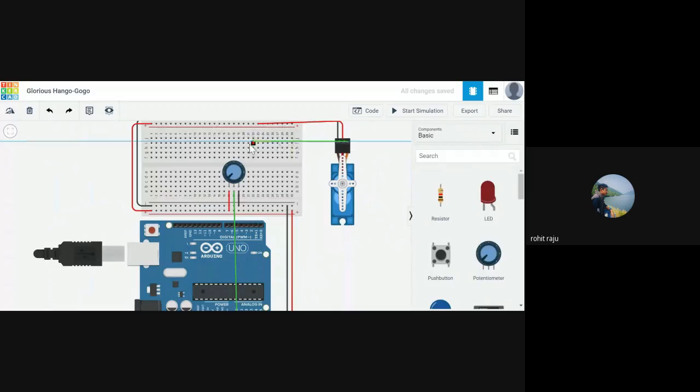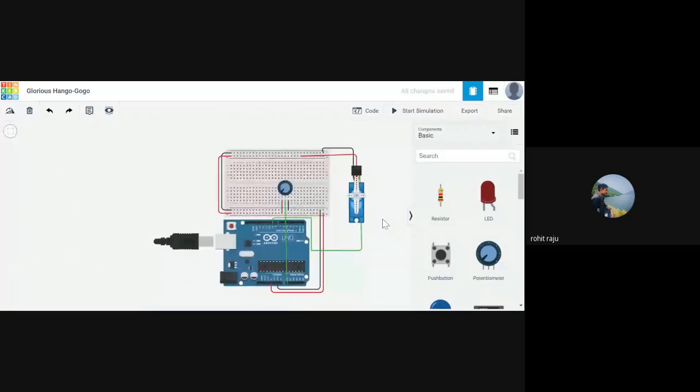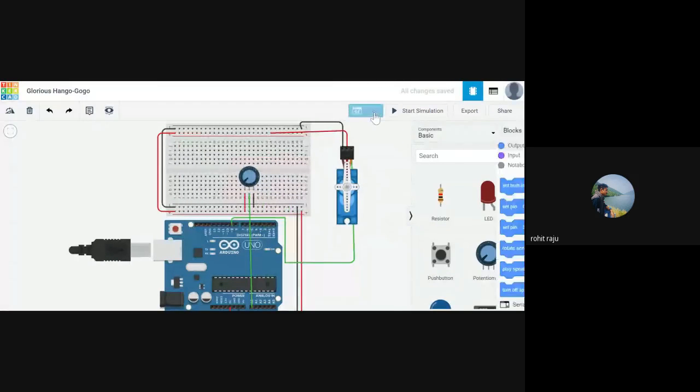So the signal goes, let's say, to pin 9. Fine. Now we are ready with the circuit. Now let's move on to the code.